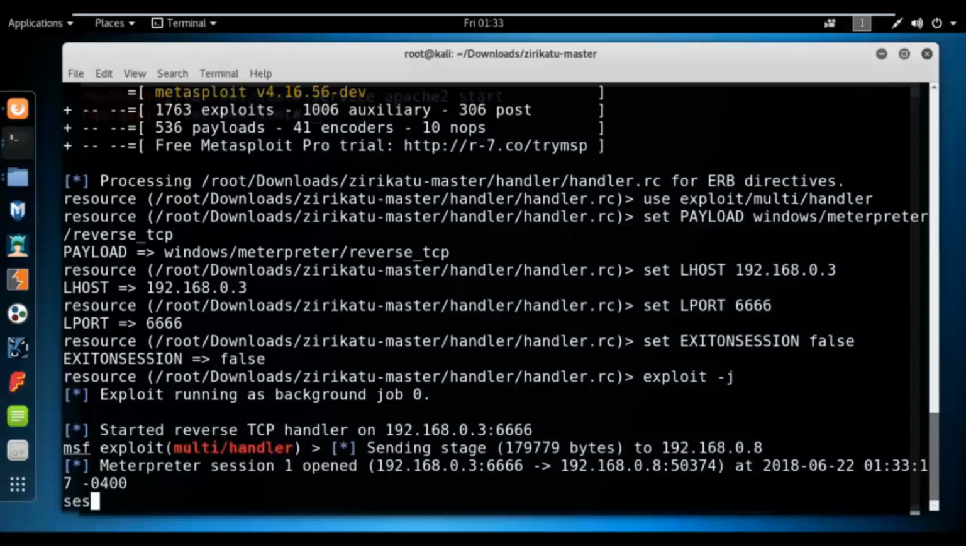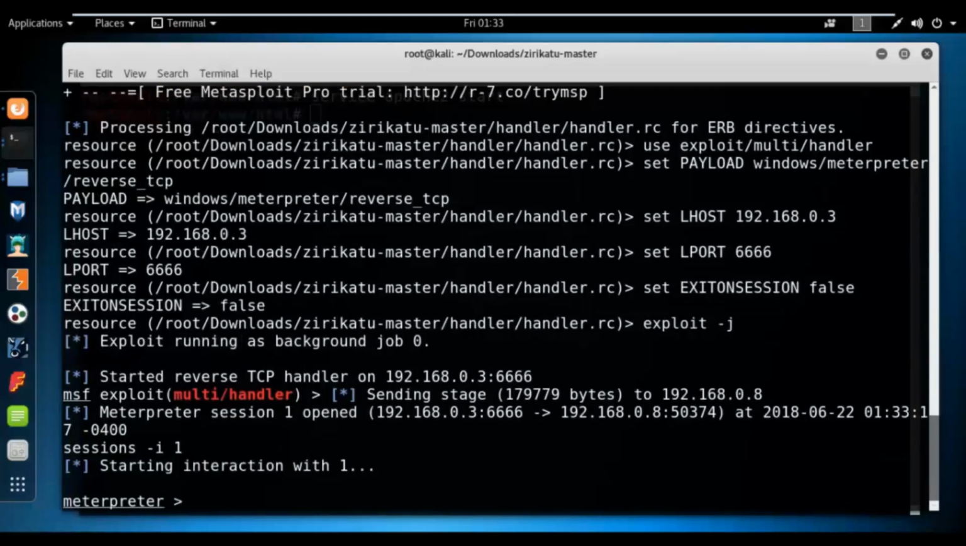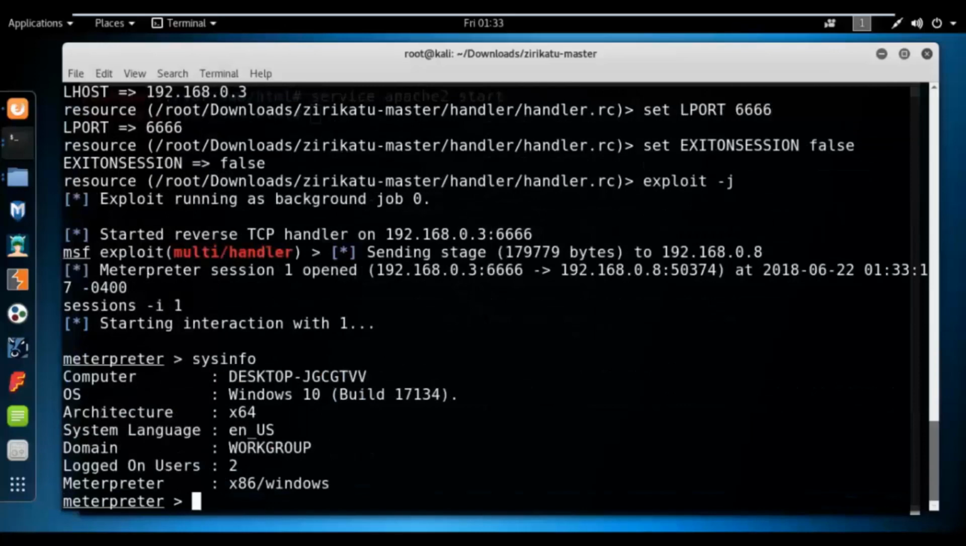So you can type here sessions -i 1 and hit enter. And here we go. You are on the Meterpreter session of Kali Linux. Here you can run many commands. For example, you can type sysinfo to gather information about the target system that you have successfully hacked, the Windows 10